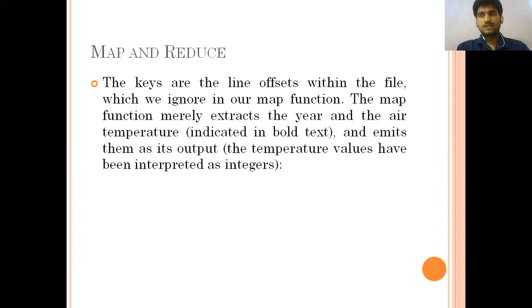The temperature values have been represented as integers. We already said that these are all mentioned in ASCII codes, so we need to find out the integers in that. In those integers only we are going to find. Yes, 1950 is an integer. The temperature may be, for example, 19 degrees Celsius or 20 degrees Fahrenheit, or whatever it may be. Numbers only, so again we are going to consider them as integers.